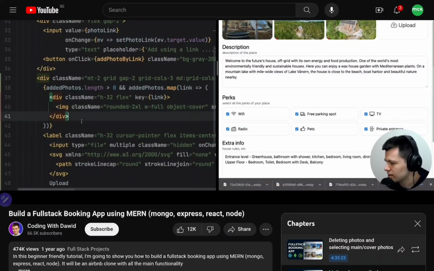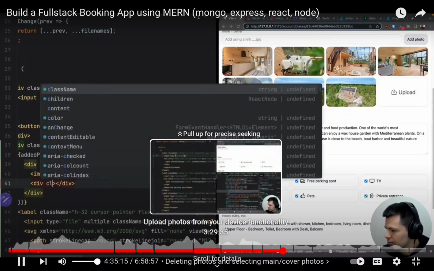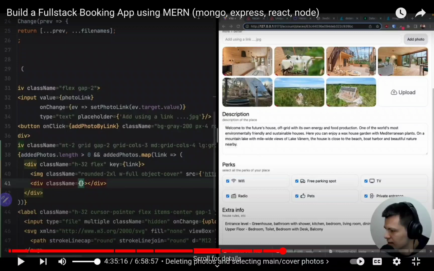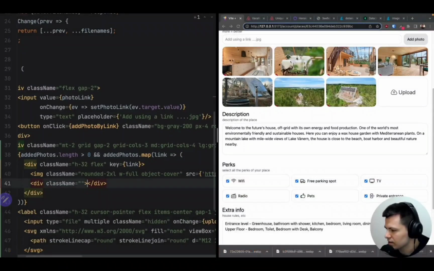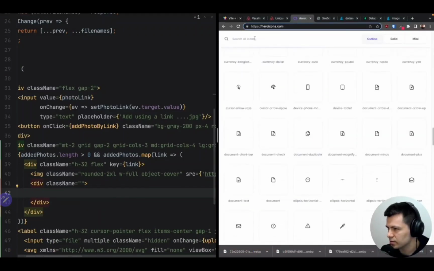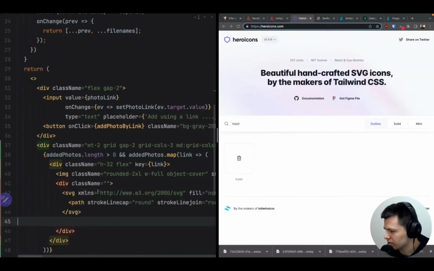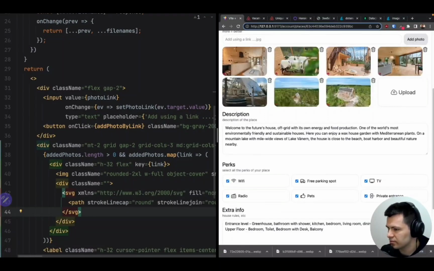So let's fix it. Inside each photo, I will add a div with some class names, and inside this div I will put a trash icon. So let's search for trash, and I will copy this and put it here. And now let's see if we have it. We have the trash icon here, but